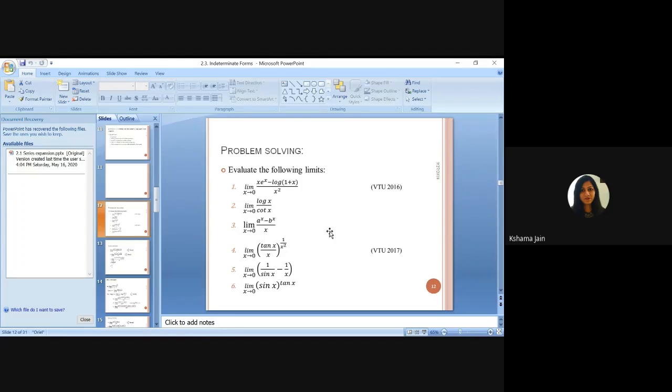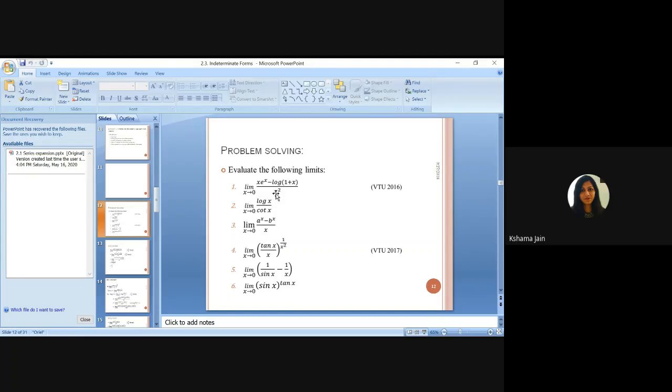Yeah. So here, first problem. If you see, limit x tends to 0 of the function (x e^x minus log(1 plus x)) divided by x square. First of all, we apply the limit x tends to 0, meaning wherever x is, you put a 0. So carefully, 0 into e^0 is 0. The first term is 0 minus log(1 plus 0), which is log 1, and log 1 is again 0. So 0 minus 0 is 0, divided by 0 square, which is 0. So you are getting 0 by 0.